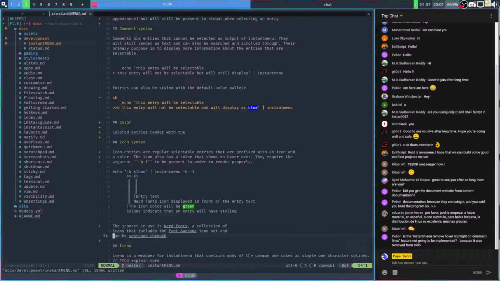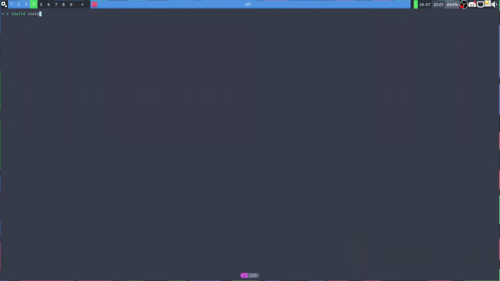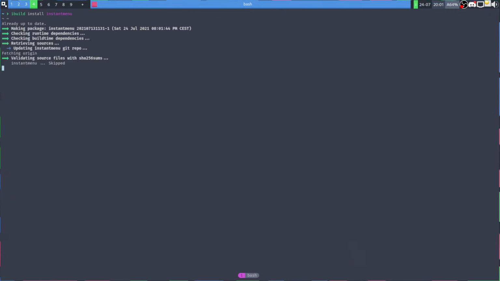Is the instant menu remove hover, color, highlight, and command lines feature not going to be implemented because it was removed from to do? I'm actually not sure whether or not I will implement that. Maybe I'll do it as an option, but I thought about it. The thing he's talking about is that empty comment entries still have a selectable color. So if I rebuild instantMenu from master really quick,